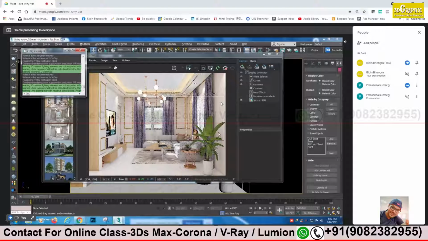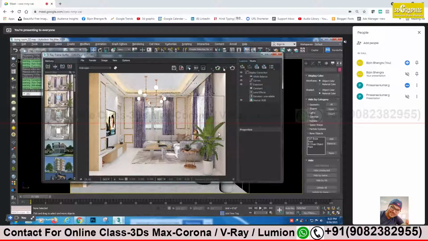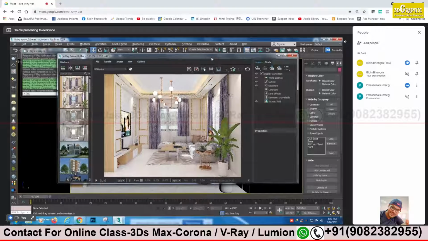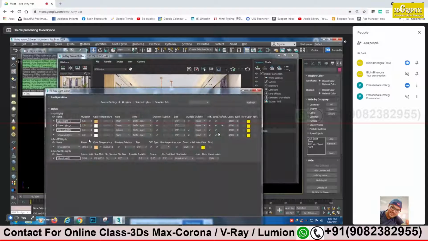Your curtains are good. Maybe with a full high resolution render, it might be visible. Yeah, curtains are good. Only worried about the lights. Now you have to adjust the light, but I will suggest that you turn off all the lights except your dome light and start one by one, because light intensity we have already adjusted. You just have to decrease a bit.